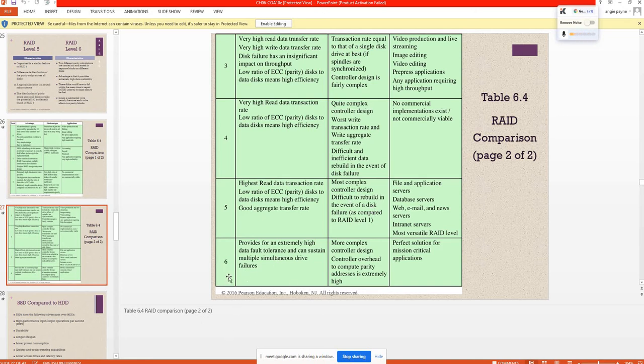And then 6, provides an extremely high data fault tolerance, can sustain multiple simultaneous drive failures. So, kung magsabay-sabay man yung drive, since marami kang naka-RAID, hindi ka babagsak. Ang problema lang dito, yung overhead ng compute ng parity address, extremely high. Perfect solution for mission critical application. Ayan. So, yung medyo heavy na mga enterprise application,